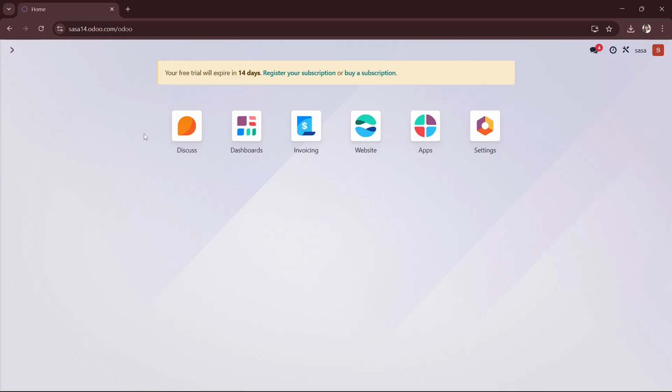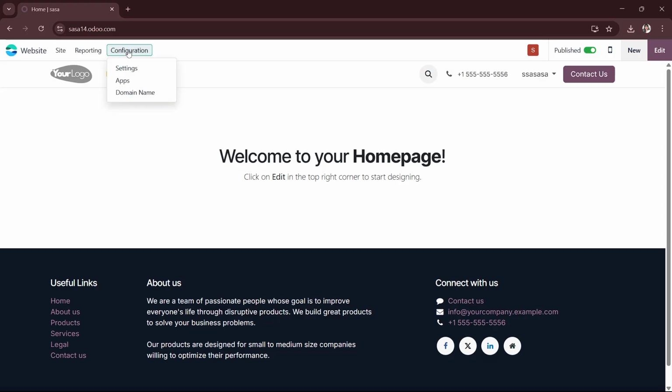Hello! In this video, you will learn how to add a payment gateway in Odoo to enable online transactions for your website. You can begin by logging into your Odoo account and navigating to either the website or e-commerce module. It depends on the version that you have, and you just gotta click on it and click configuration and then